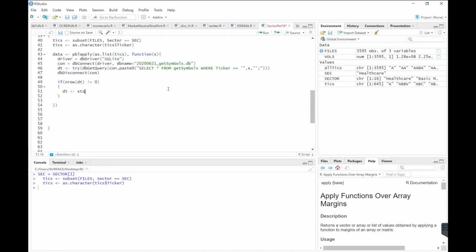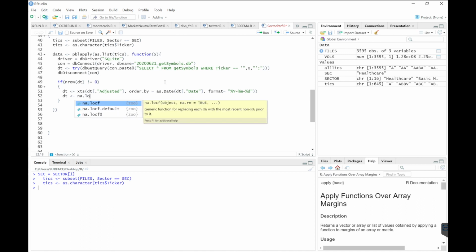The first thing I'll want to do is convert this to an xts object. And I only want to extract the adjusted column, and then order by as.Date, data frame date, and the format is 4-digit year, month, and then day. And then if we encounter NAs, I just want to bring the last observation forward. So I'll write na.locf,